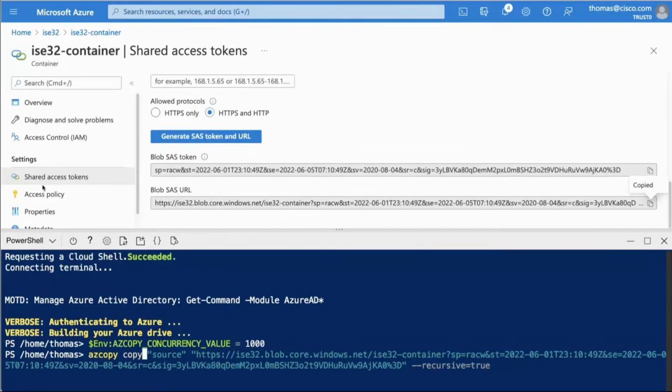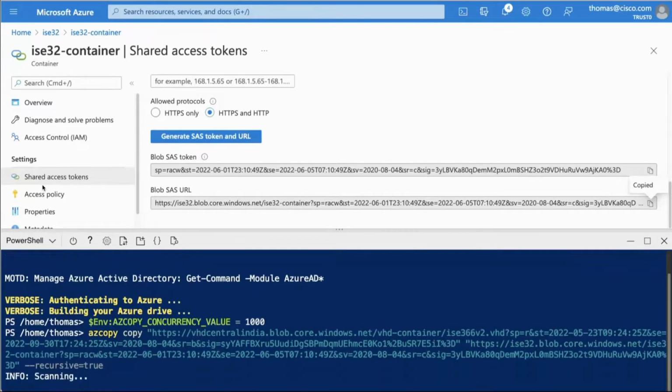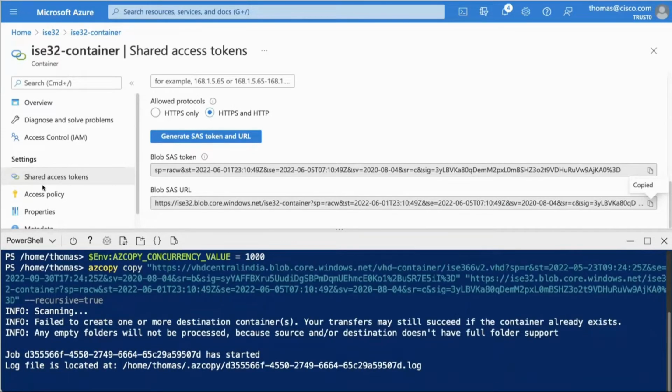And then in our ISE open beta documentation, we have a URL where you can copy from our engineer's container for ISE 3.2 and copy it to yours. So we're going to do that, and